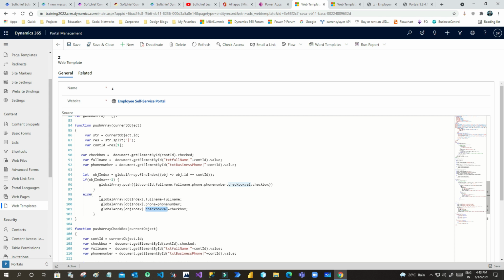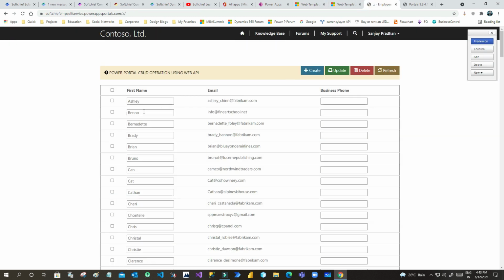If this global array has no values inside, then it will just push. Otherwise, it will update the line item. For example, if you have changed something, the line item will be added to the global array, but if you change it again, it will not push the record, rather it will update the global array.